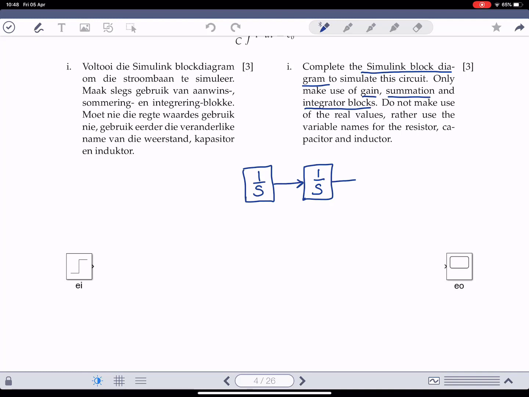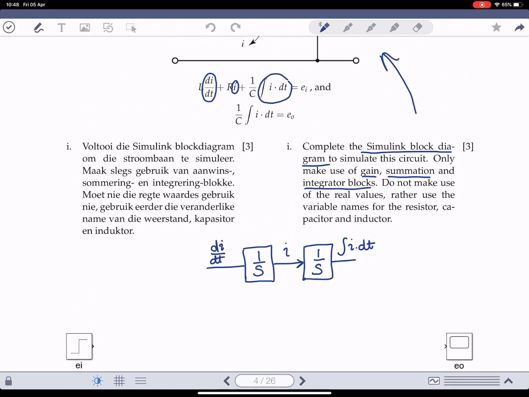And what we can do now is say that if that is the current, then this side is the integral of the current, and this side is the derivative of the current. So I can take the derivative and integrate it, and I get the current, and I integrate the current to get the integral of the